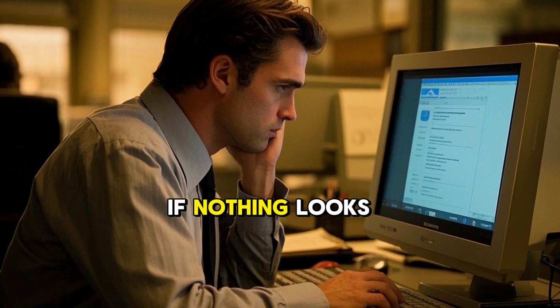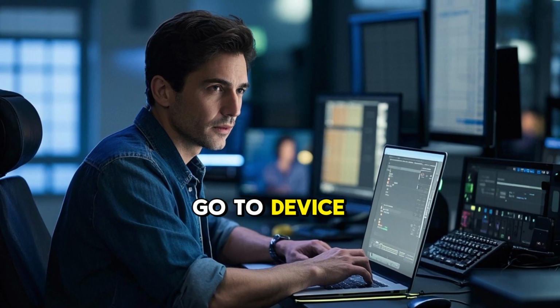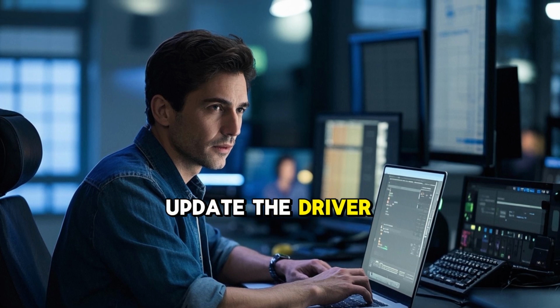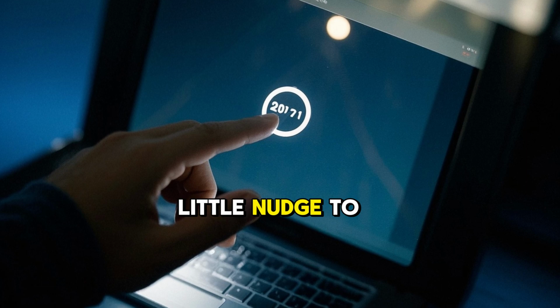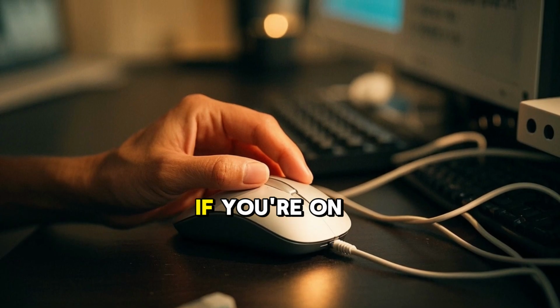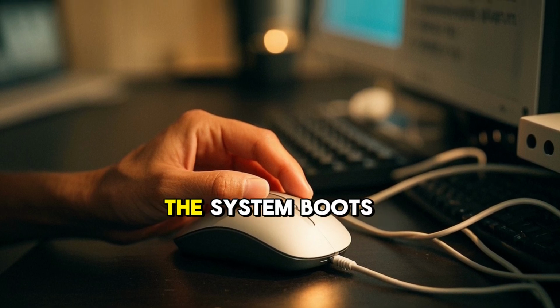it's not. If nothing looks weird there, it might be a driver issue. Go to Device Manager, find your mouse, and right-click to update the driver. Sometimes your system just needs a little nudge to recognize the scroll wheel again. If you're on a Mac, try restarting with the mouse unplugged, then plug it back in after the system boots